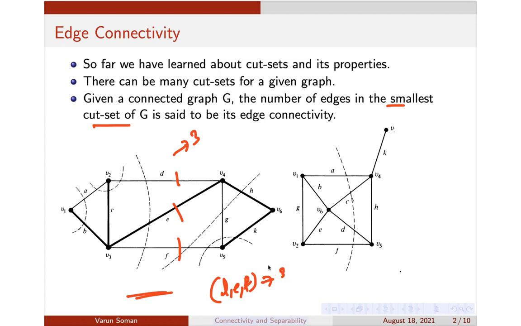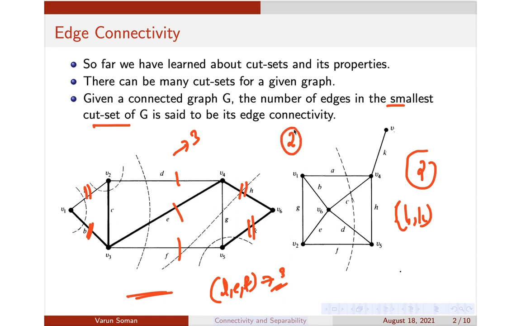It is not true, because again we can find other cut sets also. If you just remove this H and K, what will happen? Again you are getting a cut set with a lesser number of elements, which also disconnects the graph. So this has only 2 elements, which is actually less than this one. So here you can see a 2 element cut set. Again if you look here, there is a 2 element cut set. Is there a 1 element cut set? There is no 1 element cut set. So the minimum possible number of elements in a cut set is actually 2.